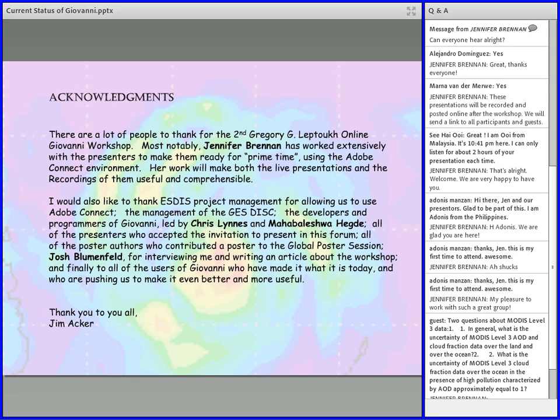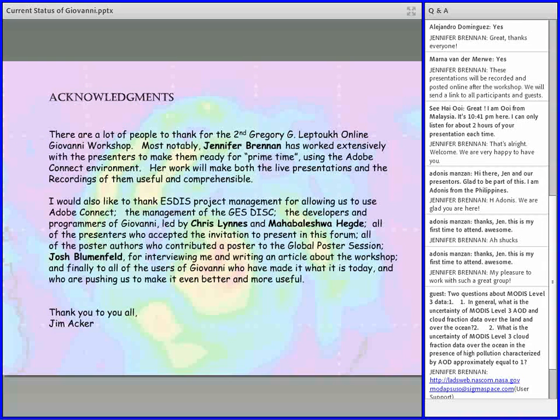Okay, thank you, Chris. Thank you, Jim. And our next question is, how does Giovanni work with the NASA AIRS data? Very simply, and you may want more detail on how that happens, the AIRS data team produces the AIRS data products, and we are the archive for the AIRS data products. We work with the Jet Propulsion Laboratory and the data team. The AIRS data products in particular, we call one of our flagship data sets. They are all archived here at the Goddard disk.